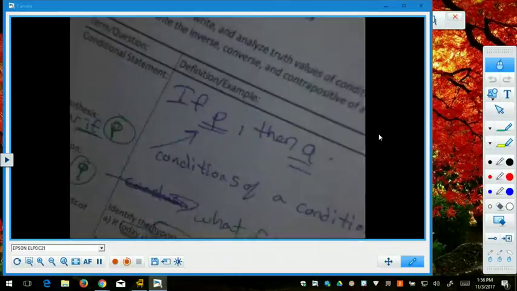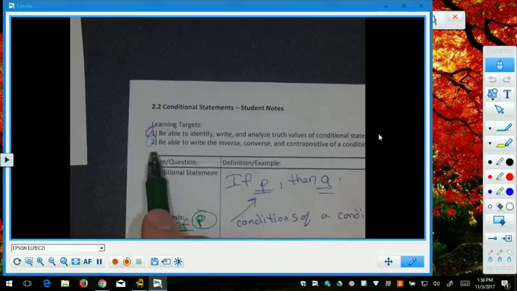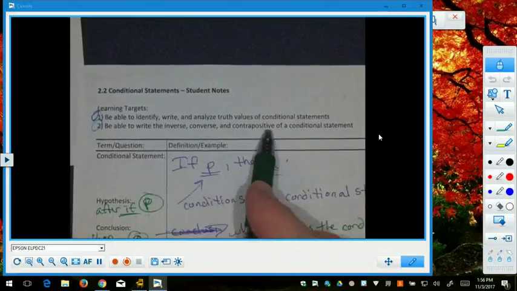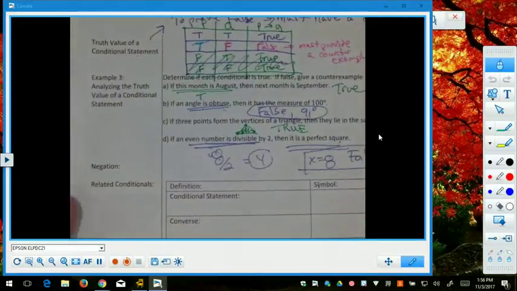Welcome back to lesson 2.2. Today, right now, we're looking at learning target 2, being able to write the inverse, converse, and contrapositive of a conditional statement. Negation. To negate